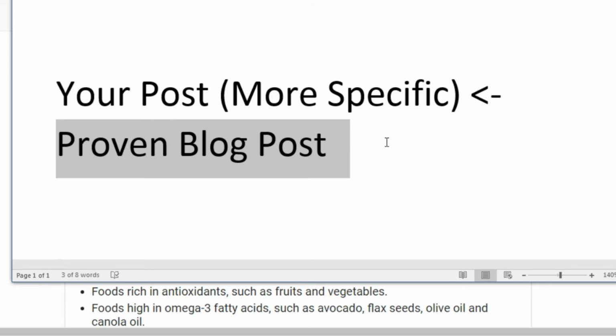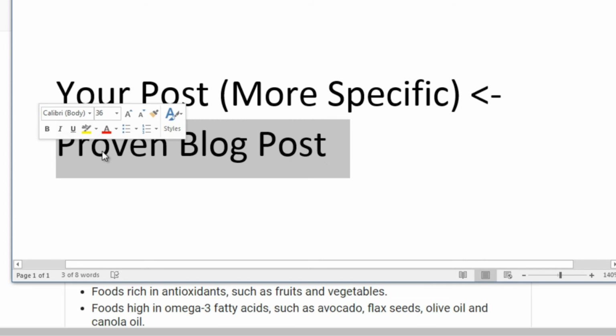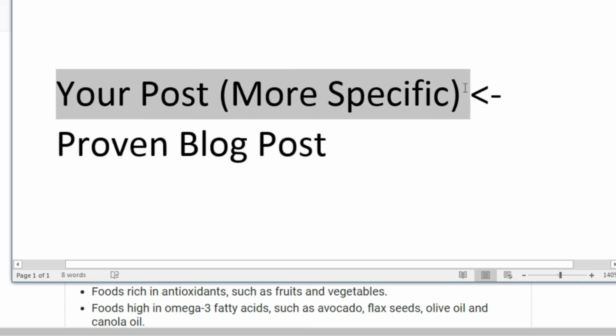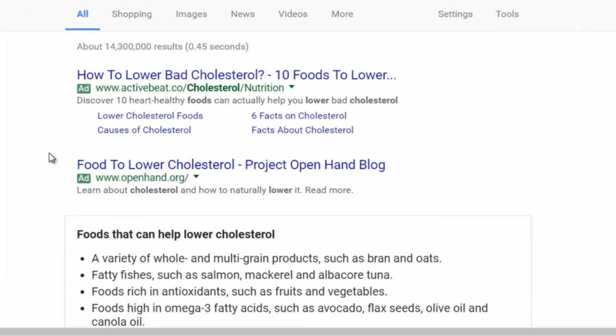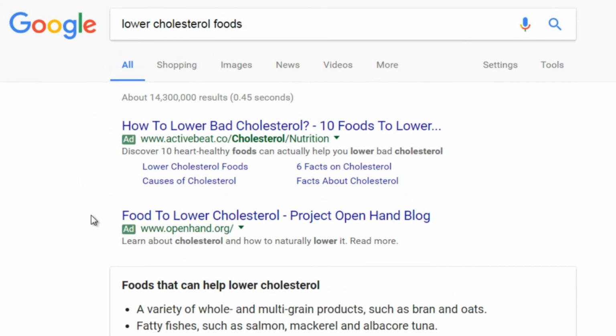But what we're trying to do is look at what is proven and extract from that, making it more specific, making it more unique, and making it better, essentially. So we find that proven blog post, and then we can break it up. So this one proven blog post could essentially become 10 or 15 or 20 even smaller blog posts that are actually more specific. So let me show you this in action. This is super, super easy to do. We're not plagiarizing by any means, so I just want to make sure that is clear.